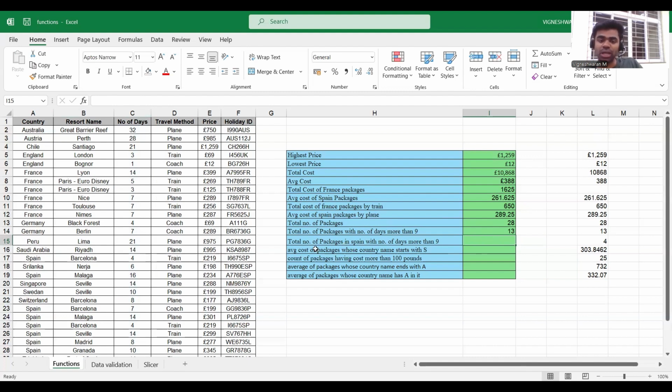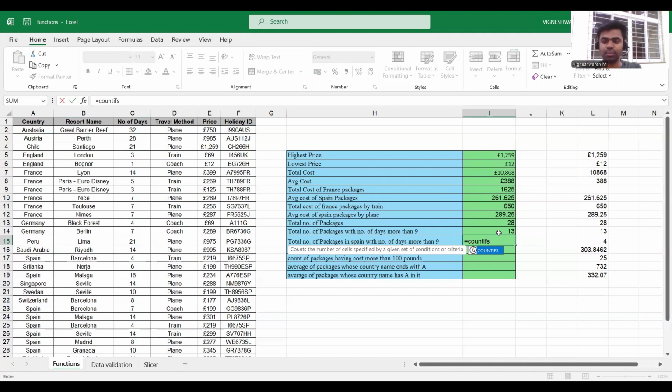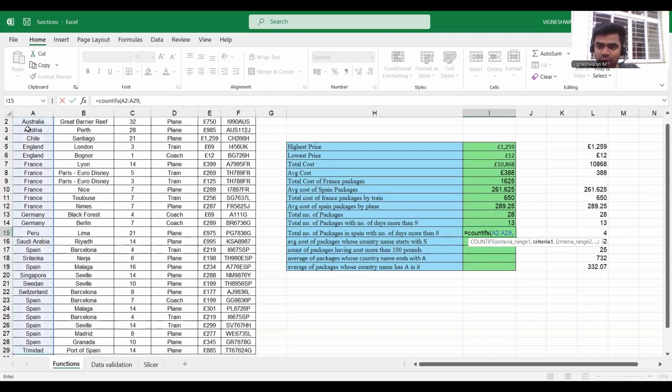Next one, total number of packages in Spain with the number of days more than 9. So just the same thing here. There are two conditions. Equal to COUNTIFS, criteria range 1. Okay, so what is the criteria range 1? So criteria range is Spain. So what is my criteria 1? It is Spain,